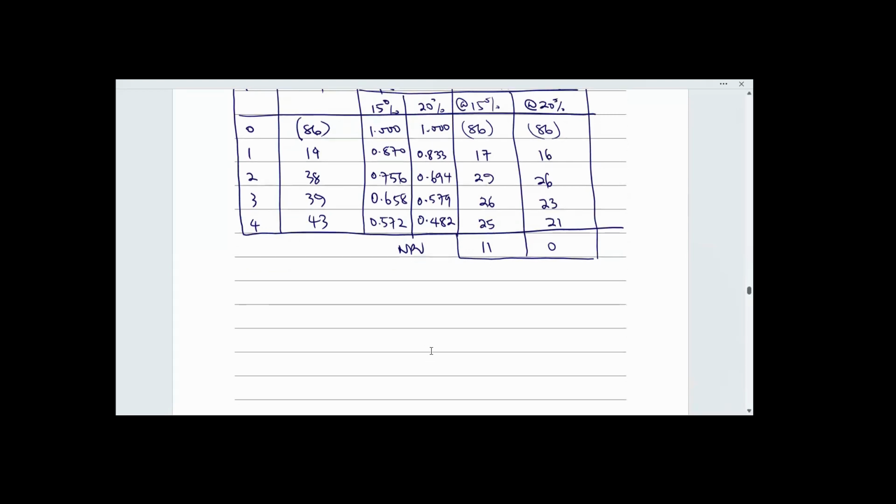In that case, I would then say the project assumed discount rates of 15% and 20% respectively, produced